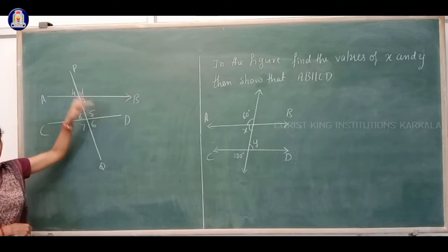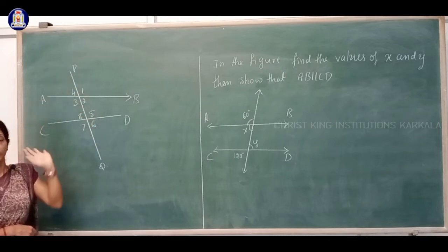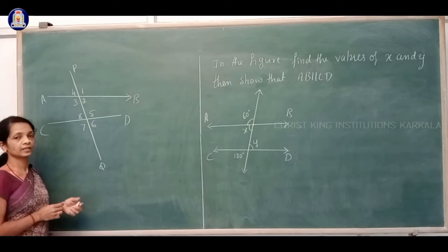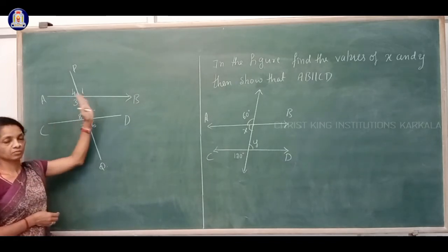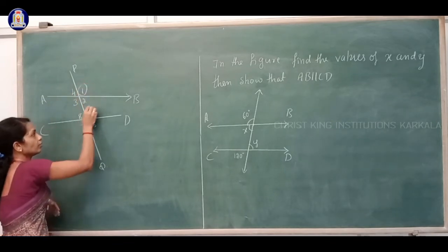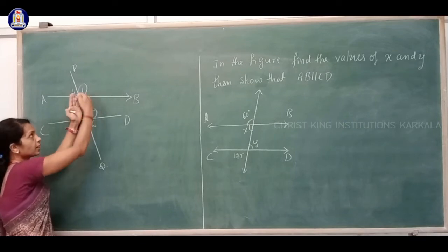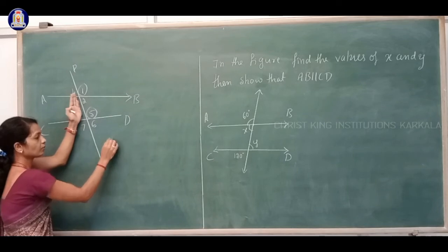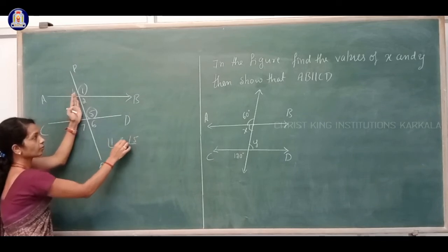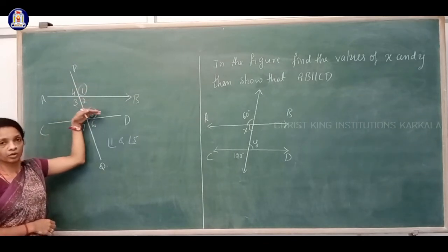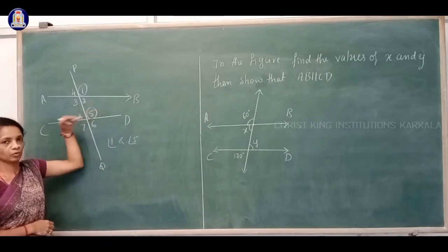When two lines are cut by the transversal, you have a total of 8 angles. Which are corresponding angles and which are alternate angles? For corresponding angles, you have to see on the same side of the transversal and above. Angles 1 and 5 are on the right side, and both are above the straight lines AB and CD. So angle 1 and angle 5 are corresponding angles. If you see above the line, you have to see above the line below also.